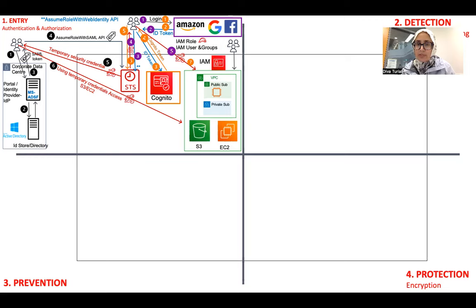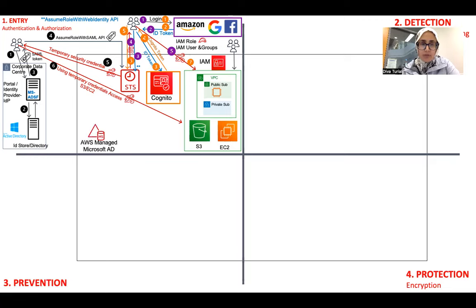If a bunch of users have the same level of permission, then we put them in a group and assign those permissions to the group. And again, an IAM role is temporary access to certain services, but IAM users and groups are long-term access to different services. Okay, so that was about IAM users, groups, and roles.